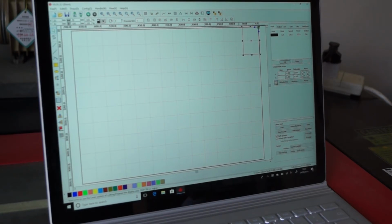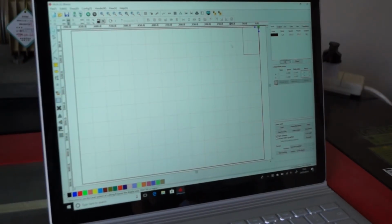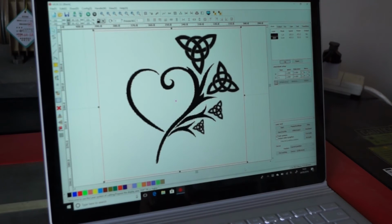Now this box that we've done is just a guide on the size of the glass that you've got. Any images that you want has to fit this box. What we are going to do is simply draw in a simple image to put on this glass,